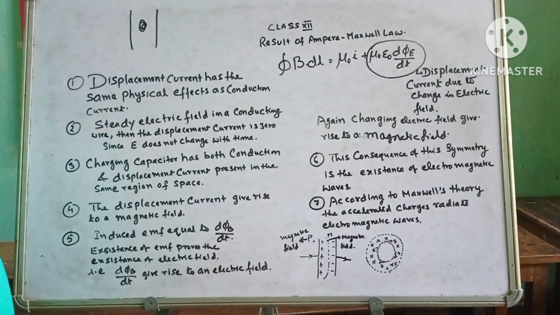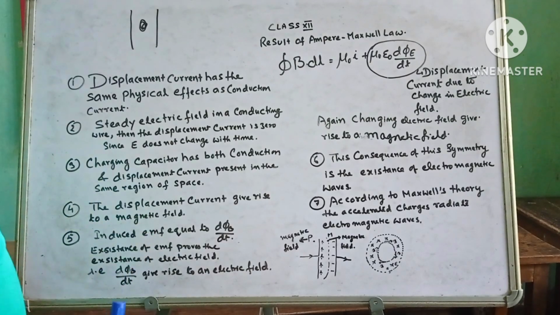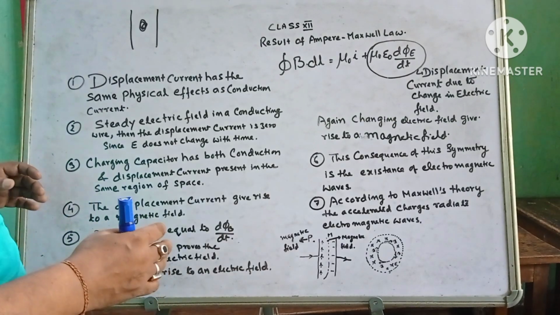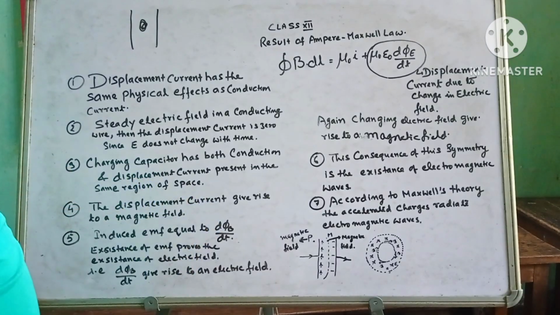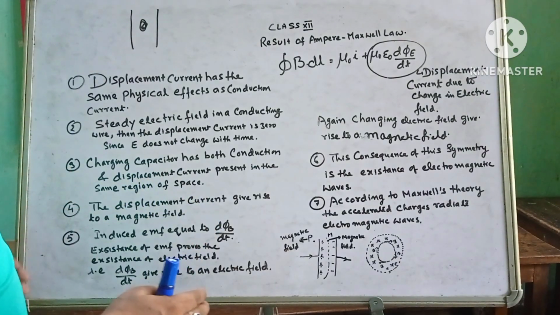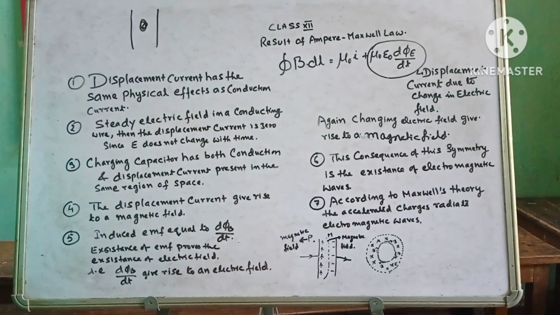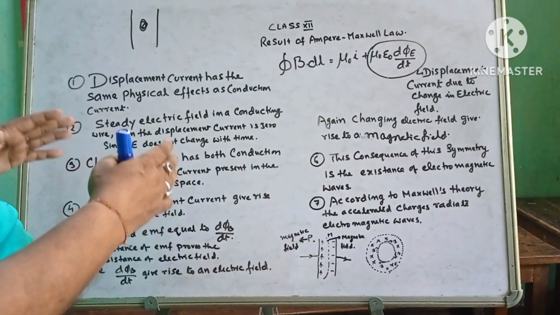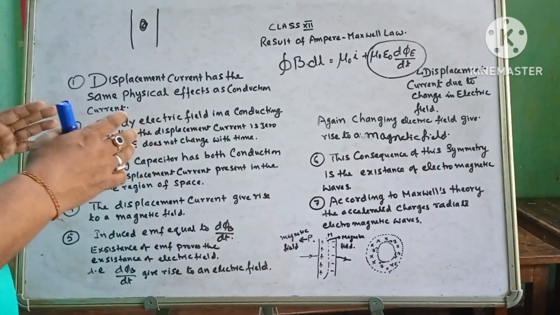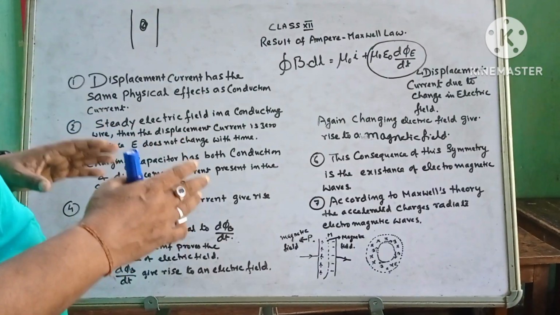So here, in a summary in your book, it has been clearly explained to you how an electromagnetic wave is produced, and at the same time the most important thing here, it has been explained that change in electric field produces